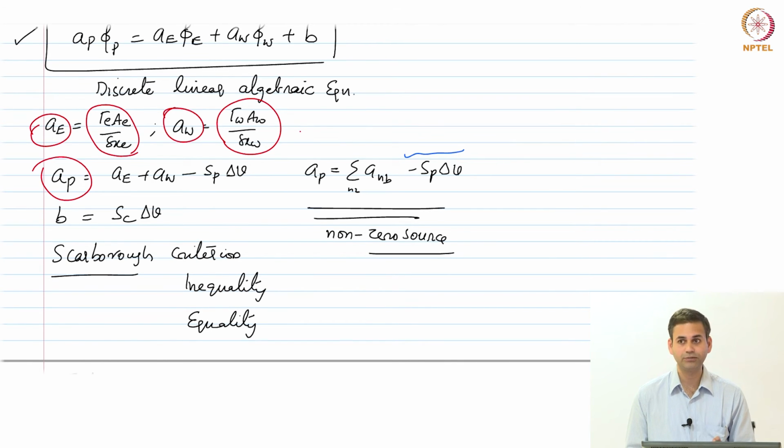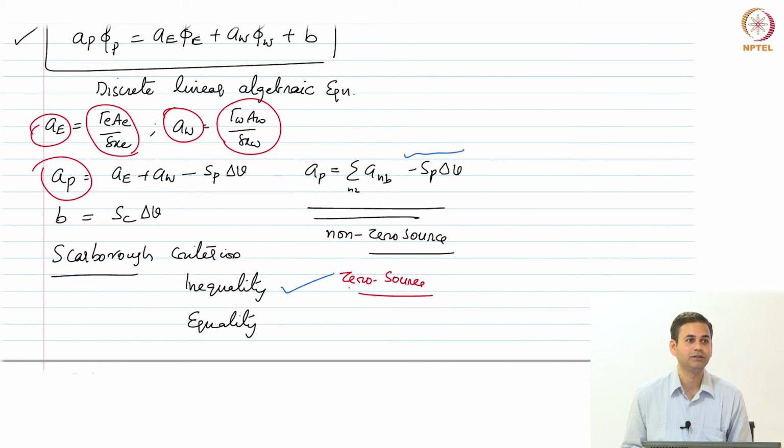So, if we have a non-zero source, the Scarborough criteria is satisfied in what? In equality or in inequality? In inequality, okay. So, it satisfies in inequality. Now, let us say we have a zero source term,